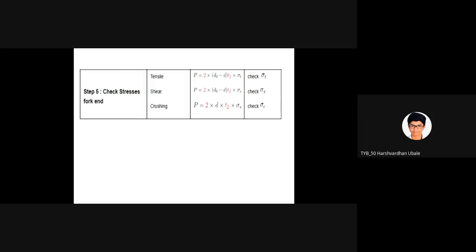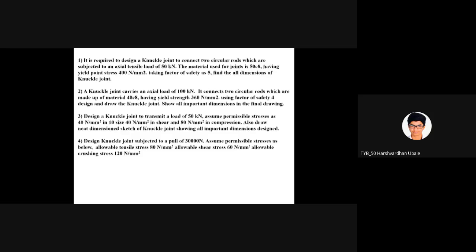So all the dimensions we have calculated and we have solved this total problem. Next thing is that we can take this first problem as an assignment. You solve it today and present it to me tomorrow. You can just mail me. My mail ID is